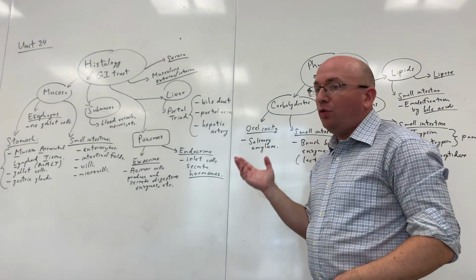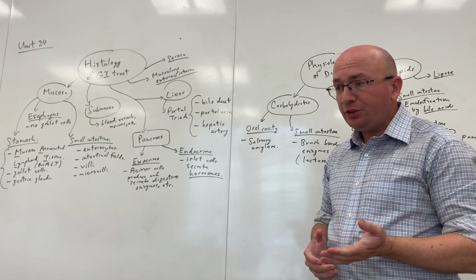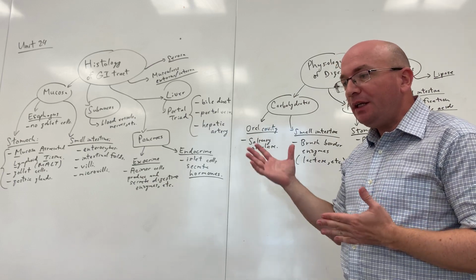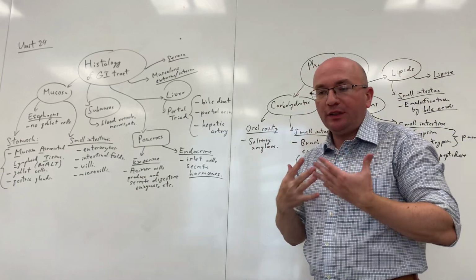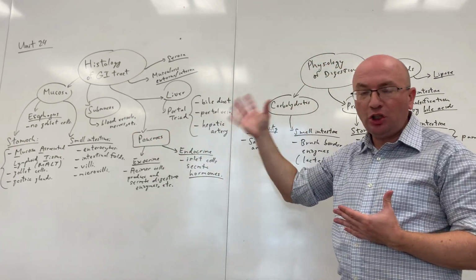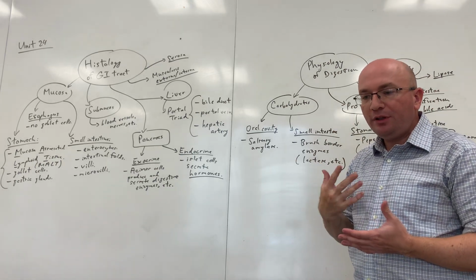Welcome to Unit 24. This is essentially part 2 of the lecture series. So in this chapter, we continue talking about the digestive system. This time, however, instead of just naming the organs and where they are located, we're actually going to talk about some of the histological components of the digestive system and some of the physiology involved in properly digesting the food